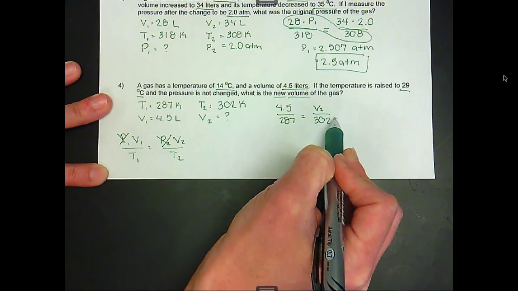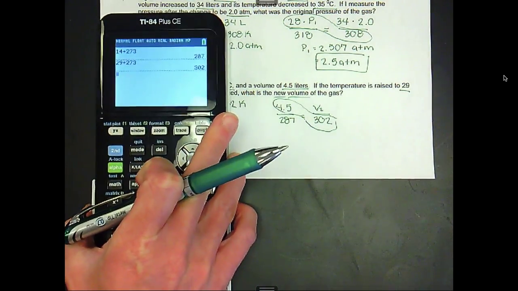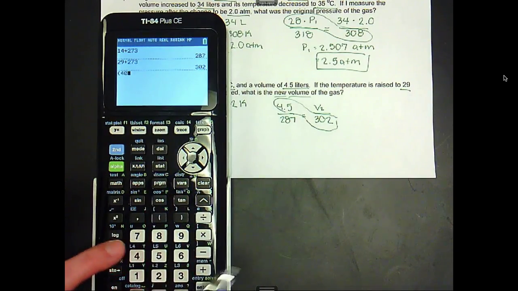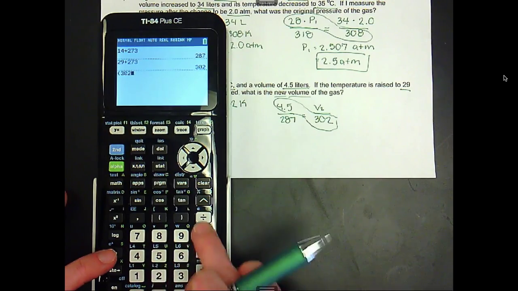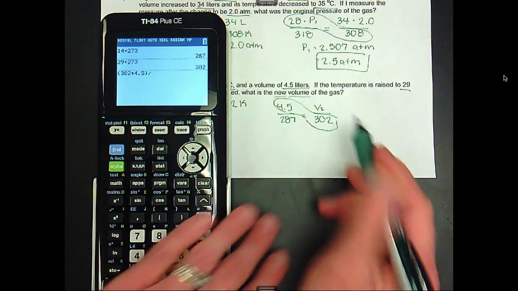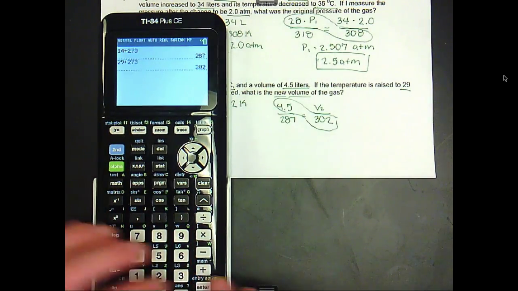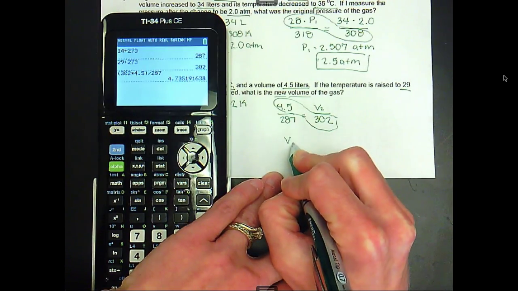And so once again, we would just cross multiply. I'm going to put 4.5 times 302 in my calculator, except I need to put it in correctly. And then I'm going to divide it by 287. And I get that volume 2 equals